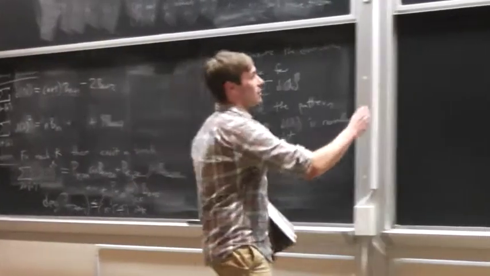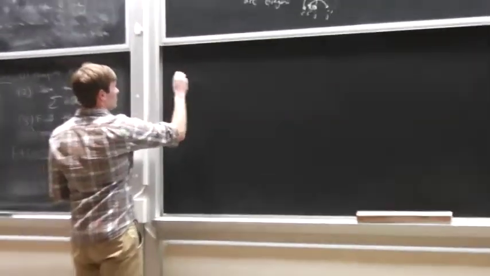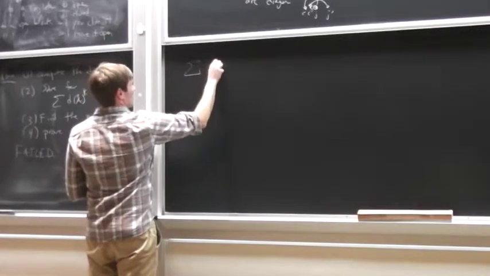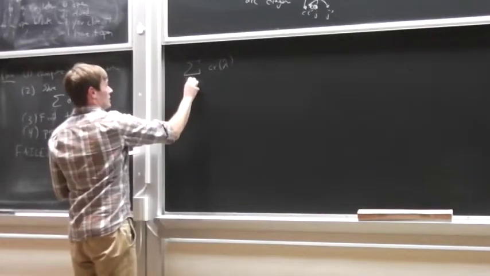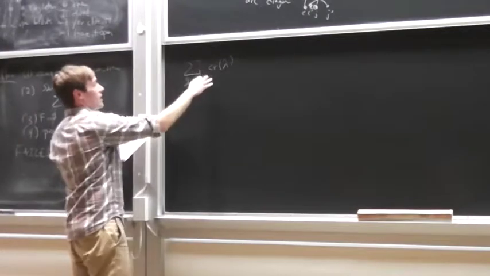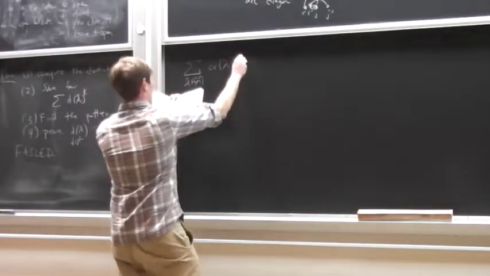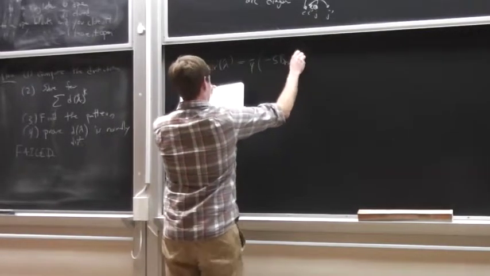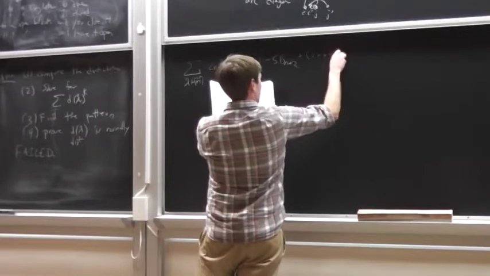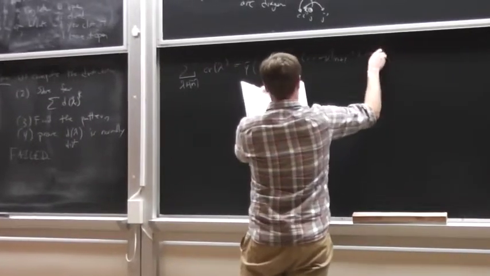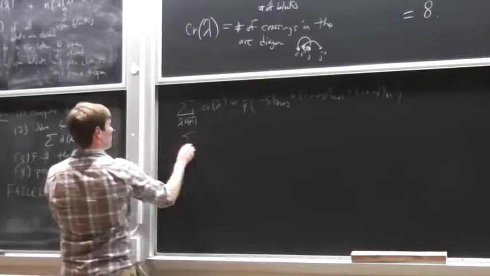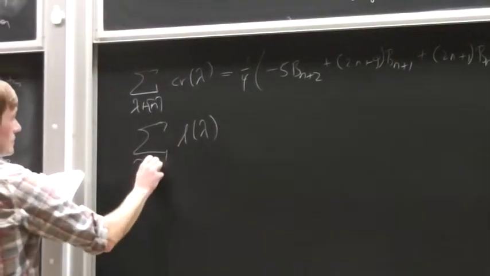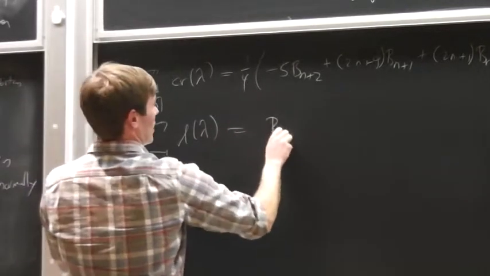Okay, so these formulas are all over the place. So, for example, if you look at the crossing numbers. So if you aggregate the crossing numbers over all set partitions of n, there's a formula like this. It's minus 5 b of n plus 2 1 b of n. If you look at things like the number of blocks in the set partitions of n, there's a formula like this.